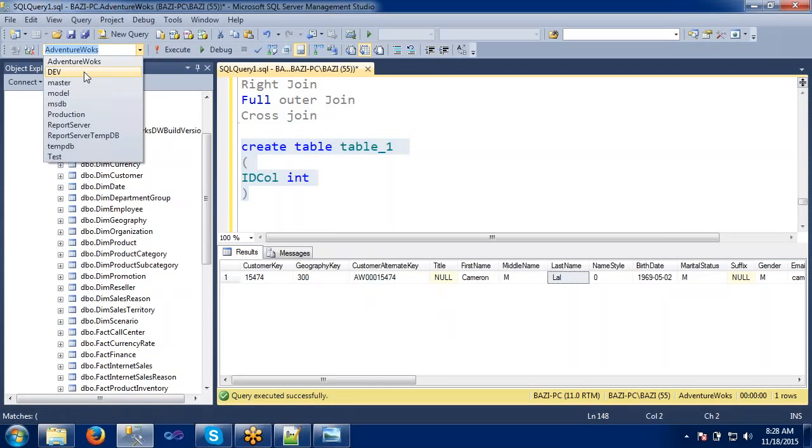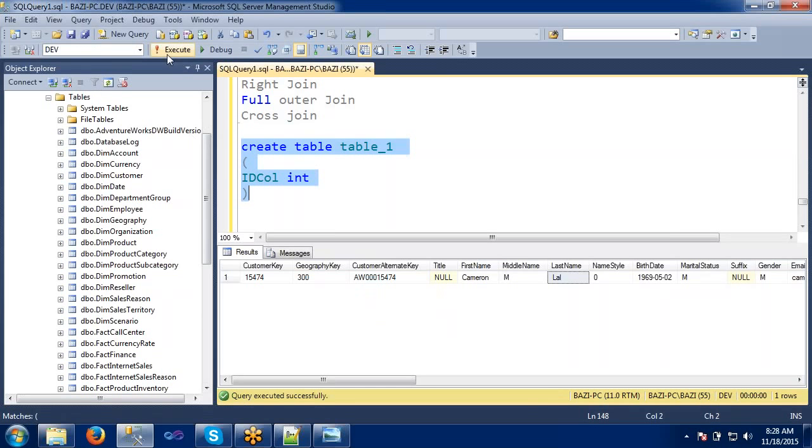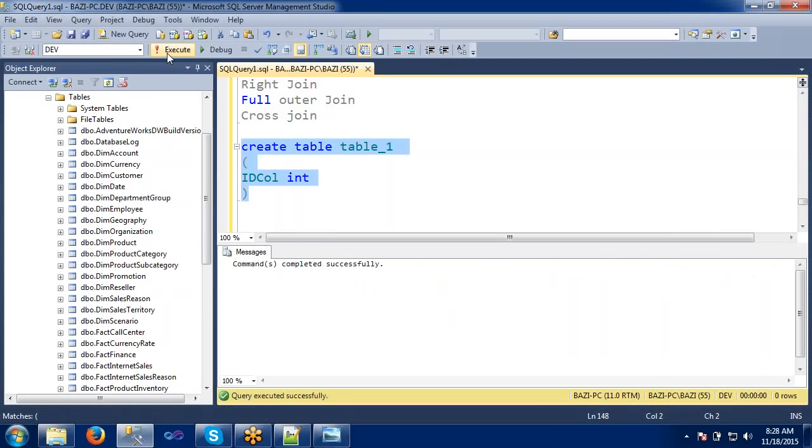We'll create it in the dev environment, no need to analyze. I will create the second table with the same column name.